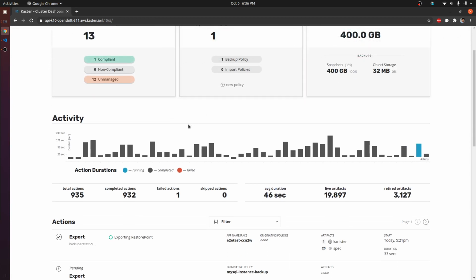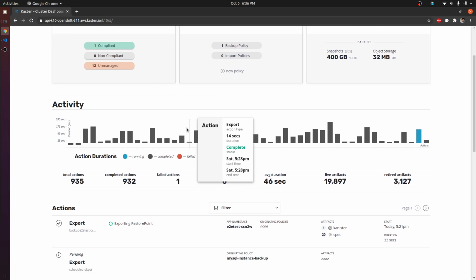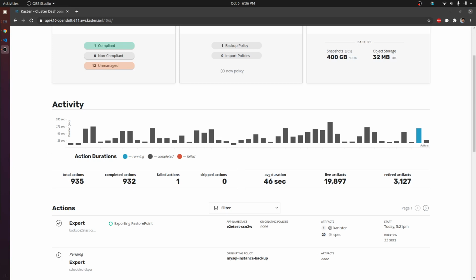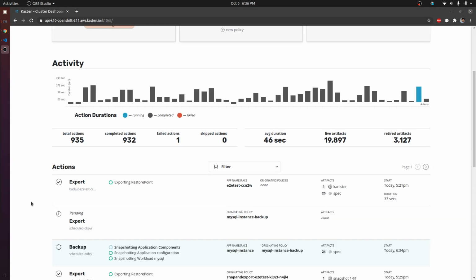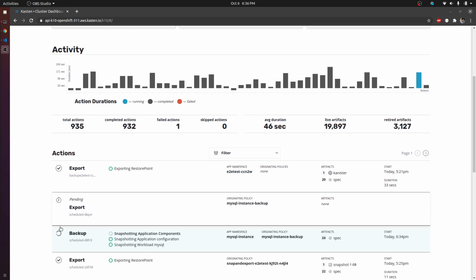So now we should be able to see the backup and the export actions being spun up in the dashboard. Yeah, so now as you can see, the backup is being taken, it is in progress, and as soon as the backup is completed, the export action would automatically get triggered, right? And that export action is going to export the backup to the object storage.